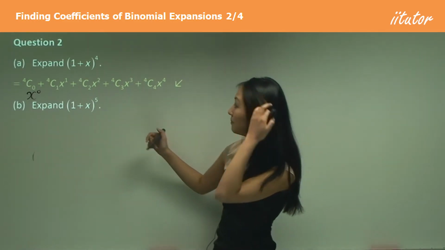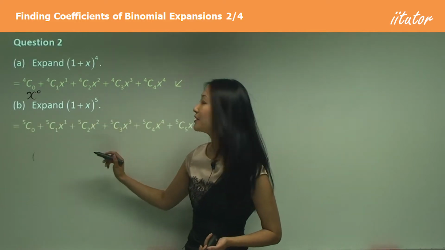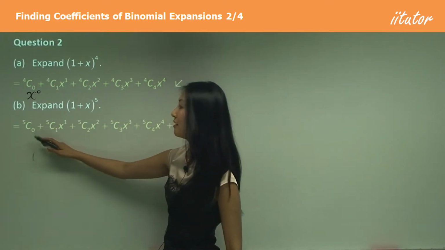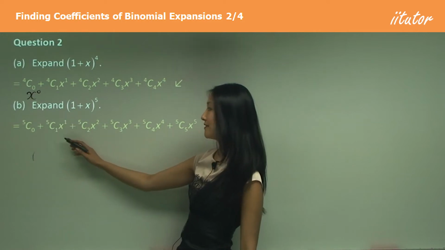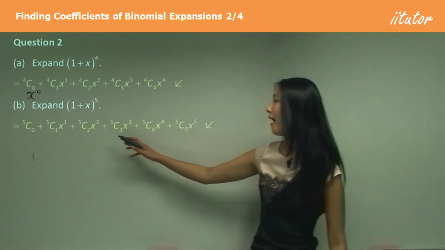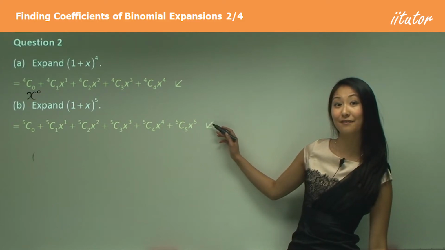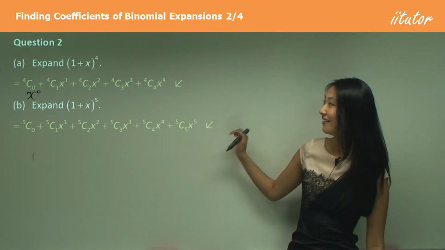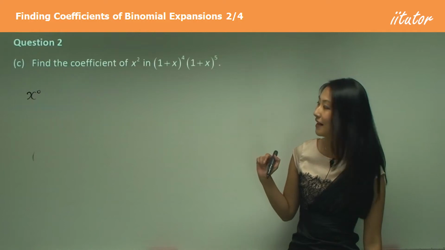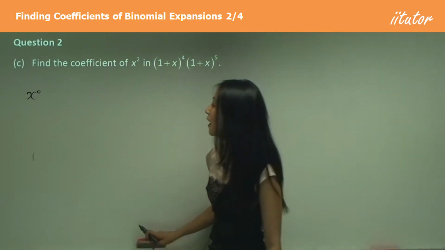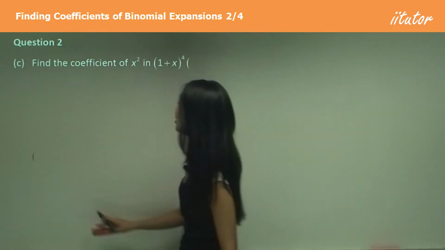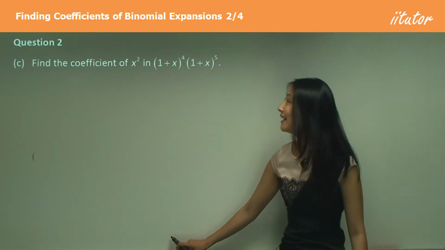So here, because we have the power 5, we know we start off with 5c0 x^0, 5c1 x^1, until we get to 5c5 x^5. All right? Now, considering those two expansions, I want us to work out the coefficient of x squared in